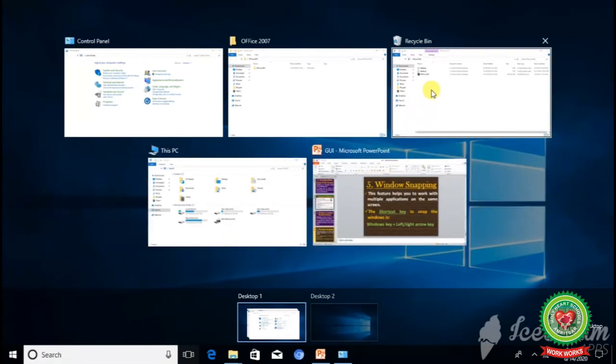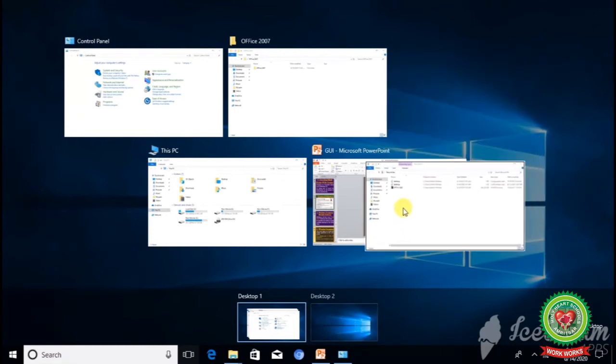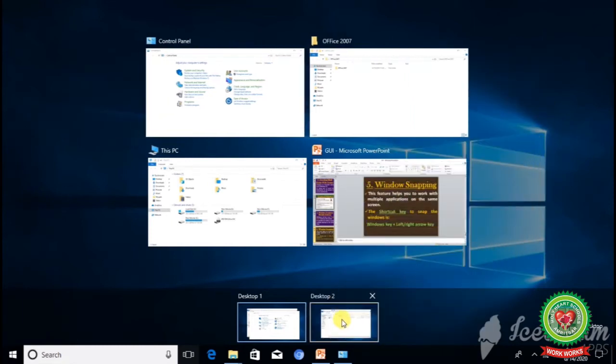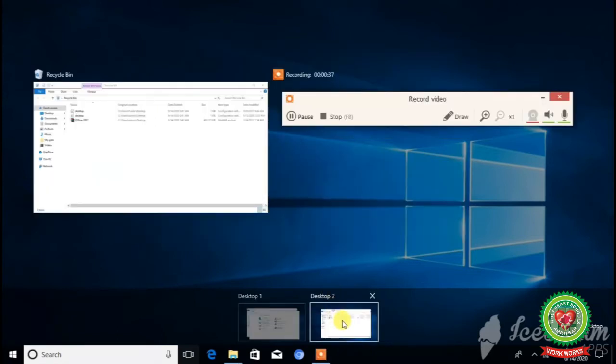Similarly, drag the Recycle Bin application to desktop 2. Now you will see that desktop 1 has 4 applications, and when you move the pointer to desktop 2, it will contain the rest 2 applications, that is Recycle Bin and recording.